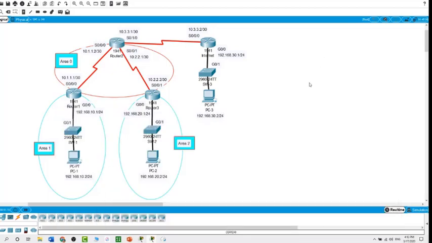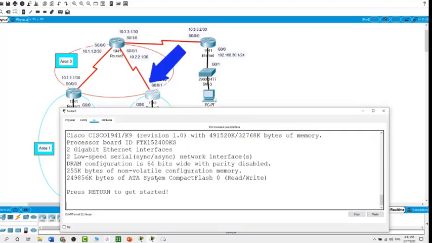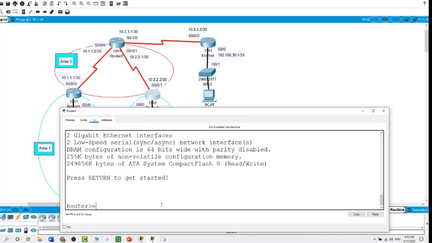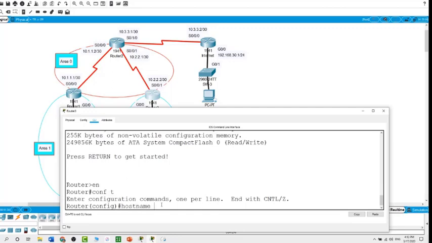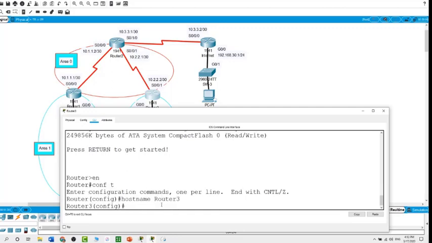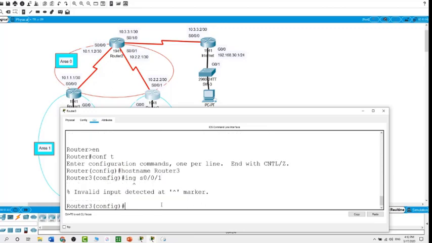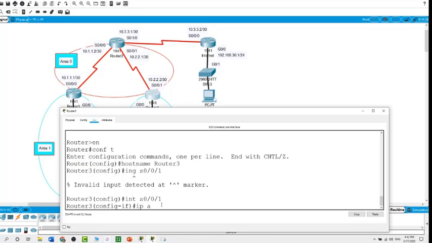Now I will be working on router 3. I will be configuring these interfaces, this interface here and this interface for this network here. So on router 3, enable, configure terminal, and the host name for this one is router 3. Now on the interface serial 0/0/1, the interface facing router 2, this is with the IP address of 10.2.2.2 with /30 subnet mask,